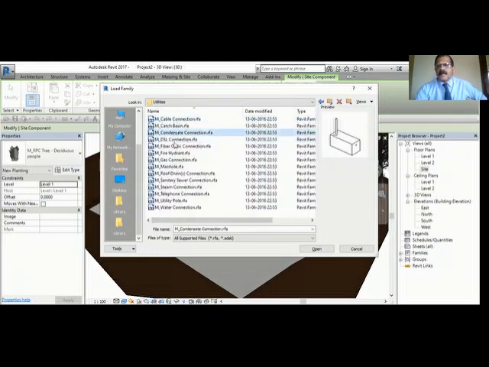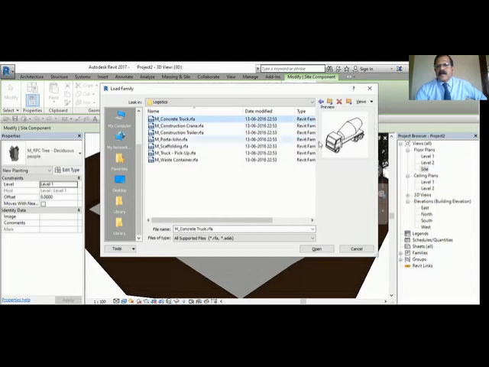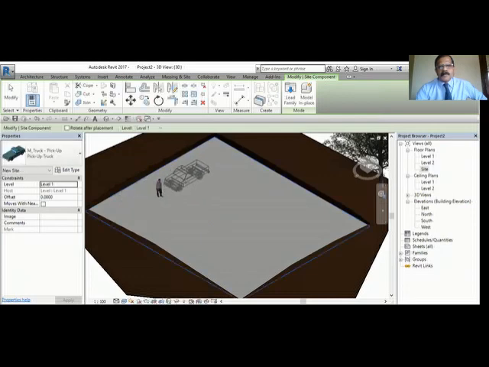Utilities. Logistics. See, a truck is there. Some equipment. We will take this pickup van, this pickup truck. And you can see that the pickup is coming here. Click.